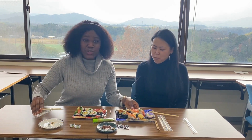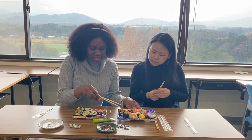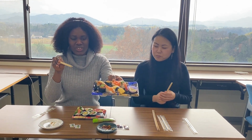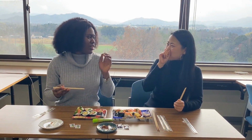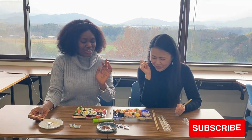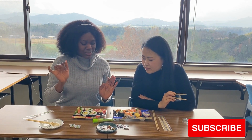I think you guys will want to know how to eat the cucumber with the eggs in the sushi wrap. You know, it's quite beautiful to the eye. Could you see? Yeah, so she's going to try that. You can eat it. So she's going to eat the egg with the cucumber. It has egg, cucumber,